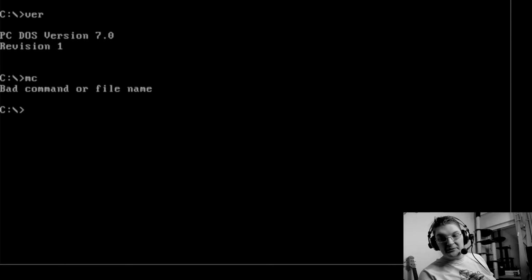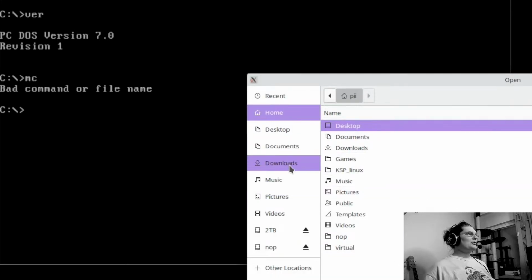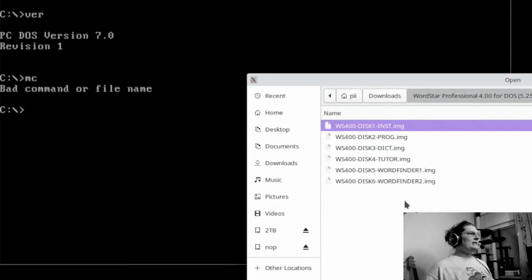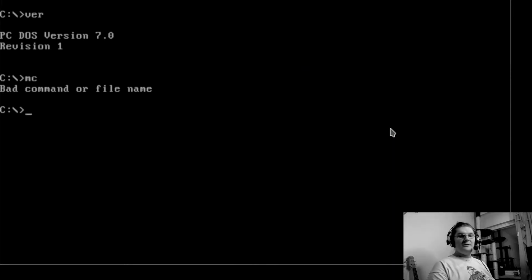MC does not exist either. But what can we do on DOS? Well, we can't really do much of anything until we give it some software. And since it's compatible with all DOS software, let's give it some very legendary DOS software. And the first one actually is the very, very cool and amazing and legendary